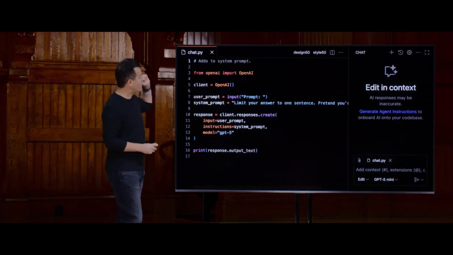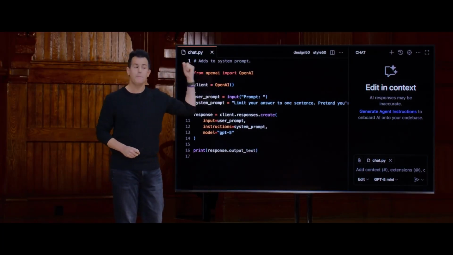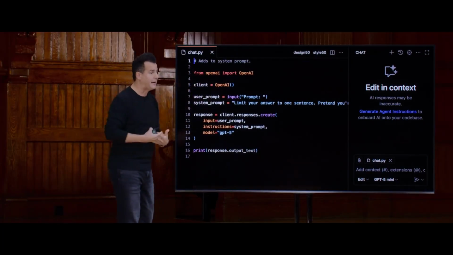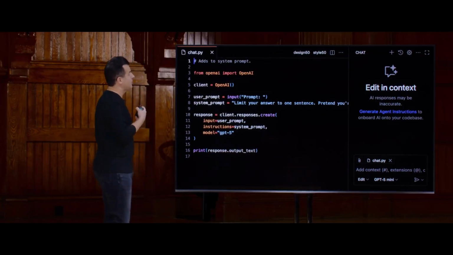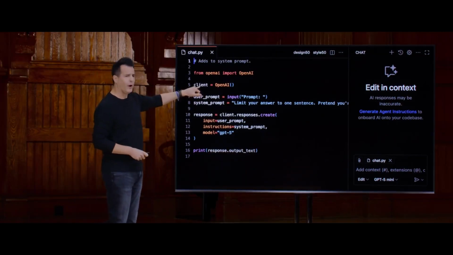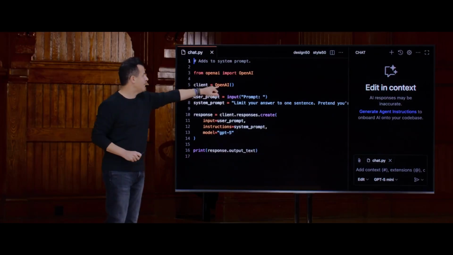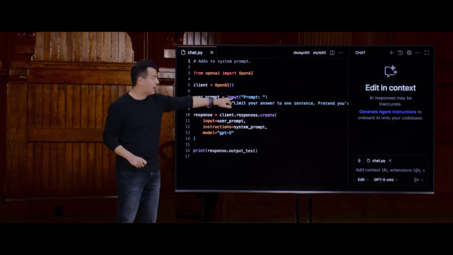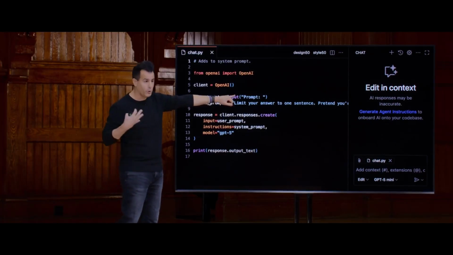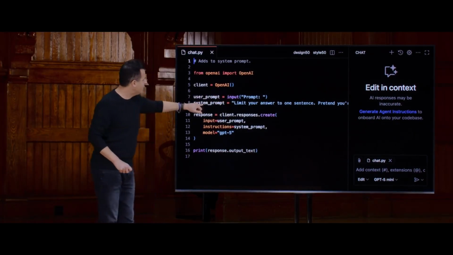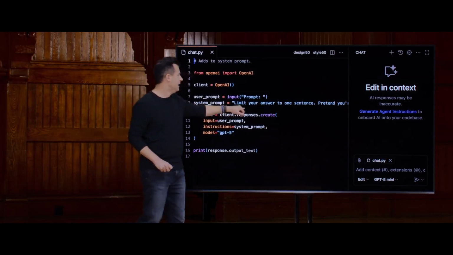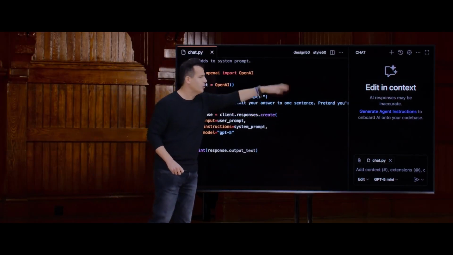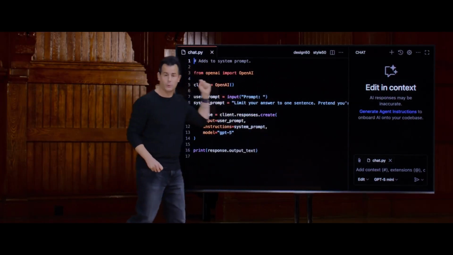In that first lecture, we imported OpenAI's own library, code that a third-party company wrote to make it possible for us to implement code on top of theirs. We created a variable called client in week 0, and this gave us access to the OpenAI client, that is software that they wrote for us. We then defined a user prompt, which came from the user using the input function with which CS50 students are now familiar. And then we defined this system prompt that day where I said, limit your answer to one sentence, pretend you're a cat, I think was the persona of the day.